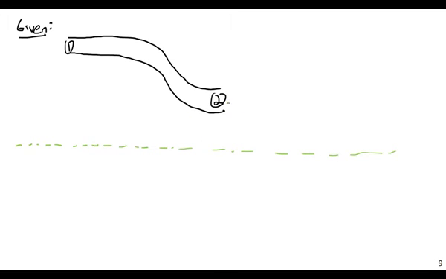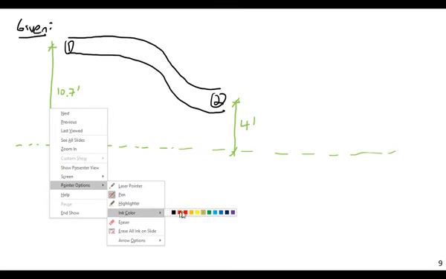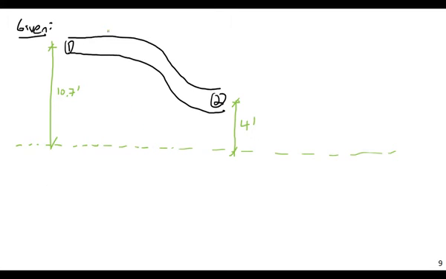And the elevations here: this is going to be 4 feet, and this is going to be, let's say, 10.70 feet. 10.7 feet here. And then here, some pressures and areas. Let's say P1 is 65 psi,